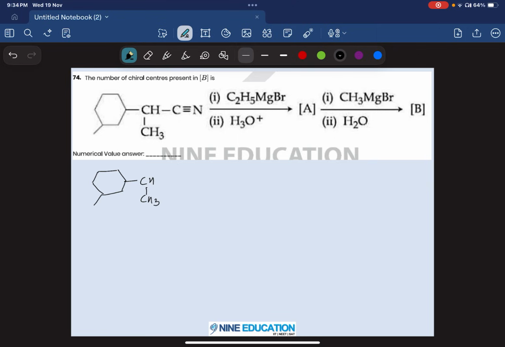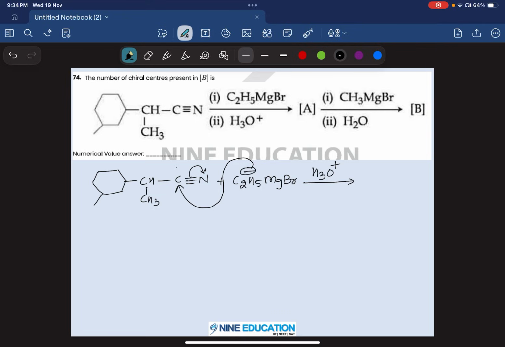CH3, C triple bond N. Upon reaction with Grignard reagent, R minus attacks that particular electrophilic carbon, and